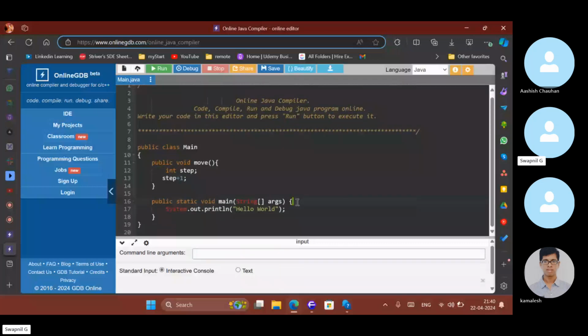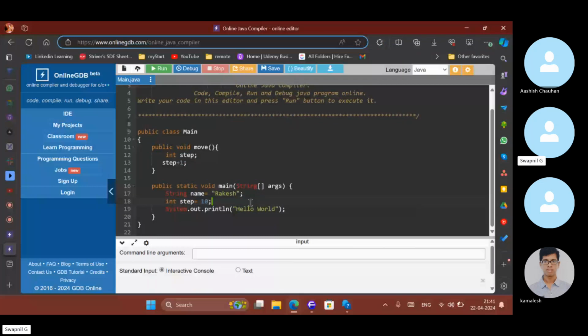Let's suppose a name, Rakesh. The name cannot be int, so we put it in a String. Name is a variable. The steps will be an int. In JavaScript, you can just write var and it will work fine. So int step, String name.